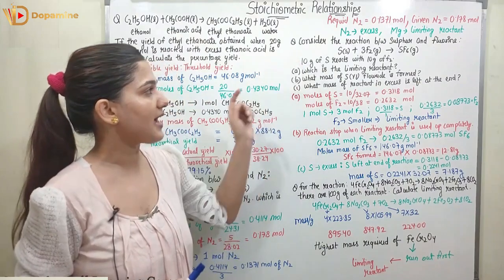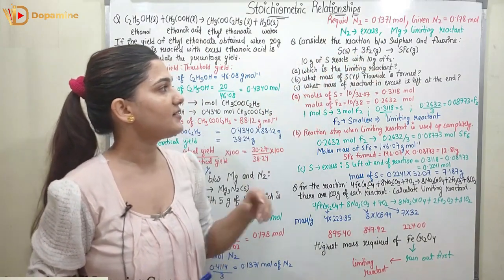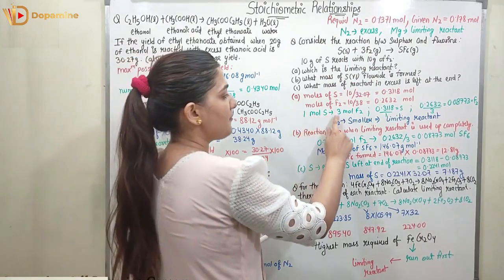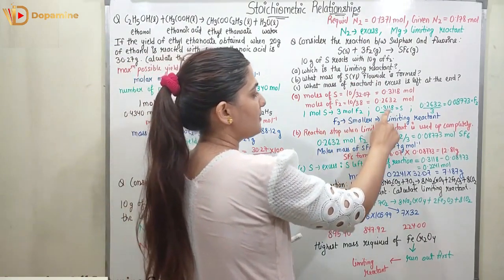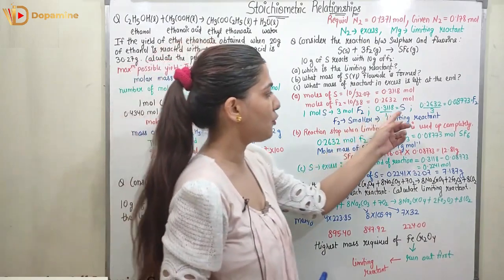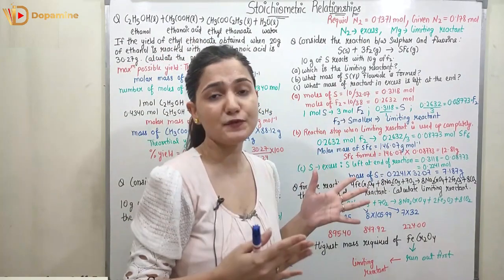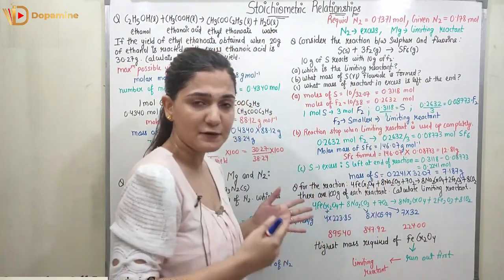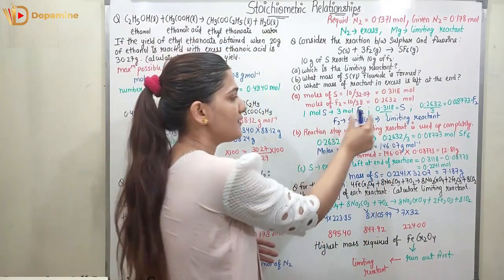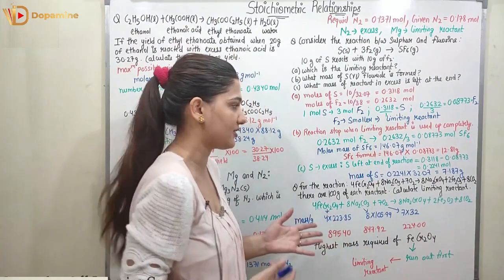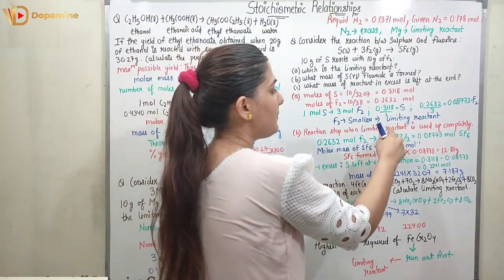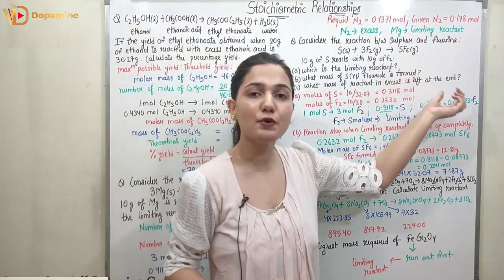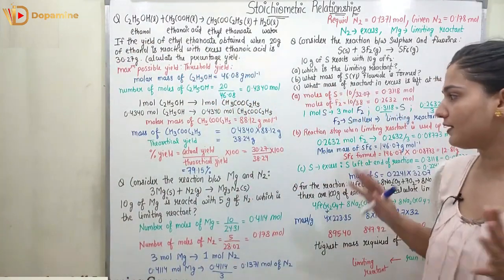So you can see from the reaction, 1 mole of sulfur requires 3 moles of fluorine to react with it, right? So if I take 0.3118 mole of sulfur, it is going to react with 3 times that amount of fluorine. We know from here the fluorine is lesser than that, right? So it is in the limiting amount. Fluorine is in smaller amount, so it is the limiting reactant. The reaction stops when the limiting reactant is used up completely. So when the fluorine is reacted completely, the reaction will stop.